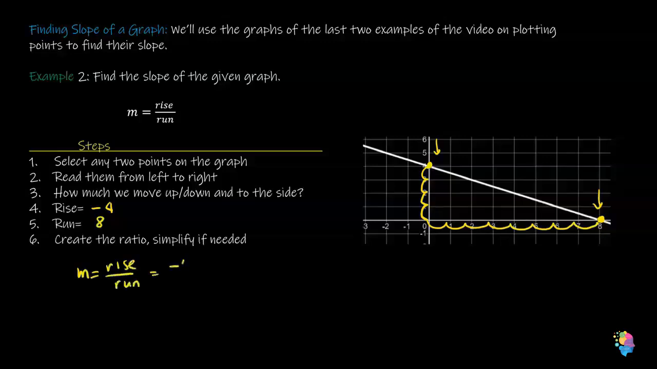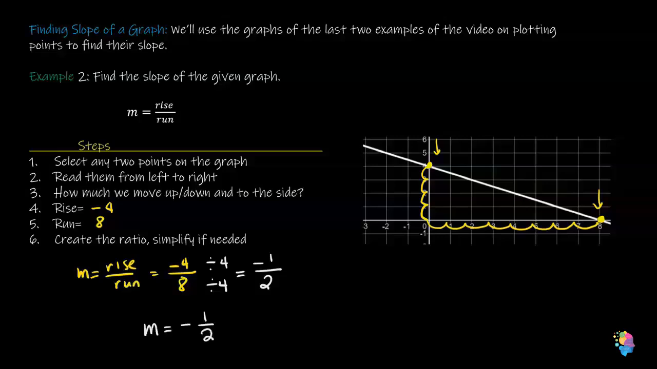So this becomes -4 over 8. Now 4 cannot be divided by 8 evenly, but it can be simplified. Both of these can be simplified by 4. So I end up with -1 over 2. Then the slope of this line will be